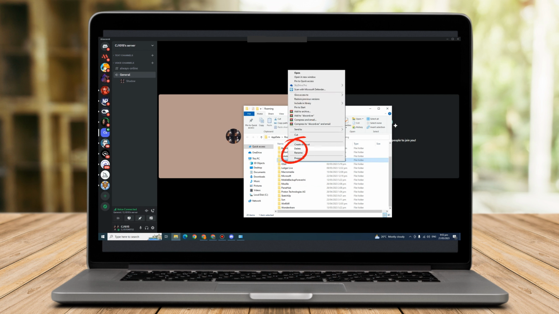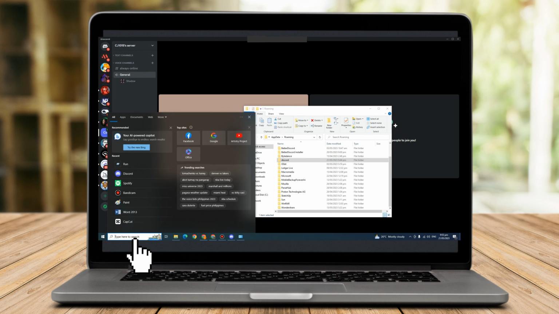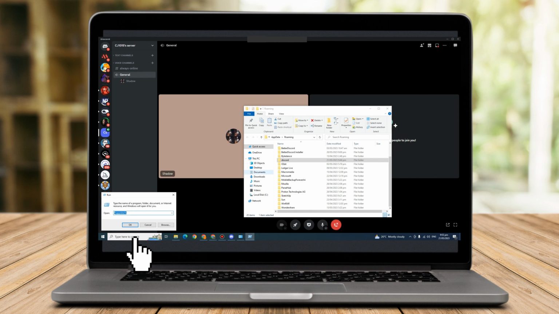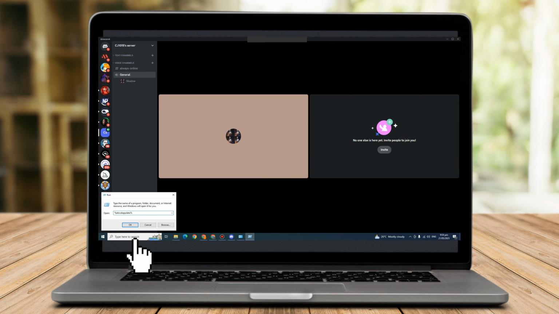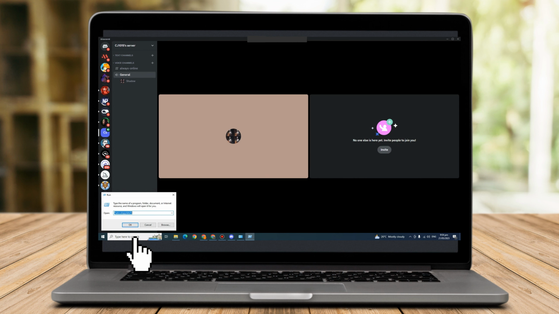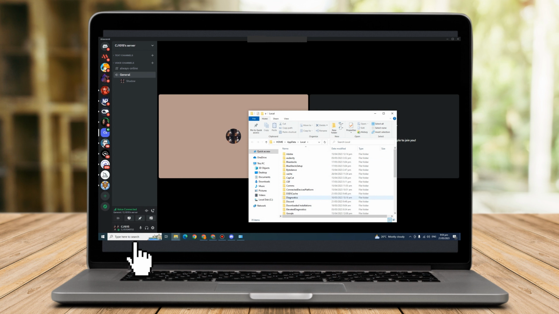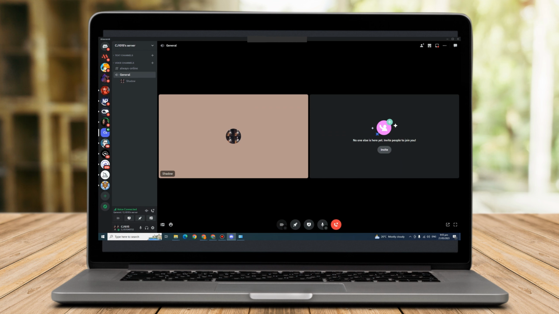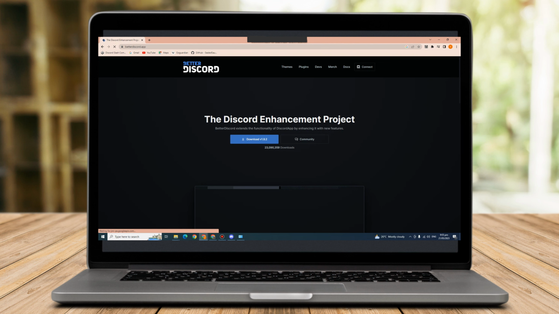After that, you have to type run again and then same pattern. You just have to type percent sign and then local app data and then percent sign. And then after that, click OK. Now it will take you directly to the folder or local file, and you just have to look for Discord and then click delete. So after that, you have to go to Google web browser and install the Discord application